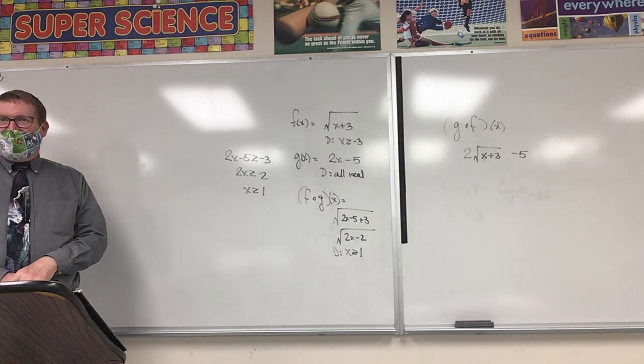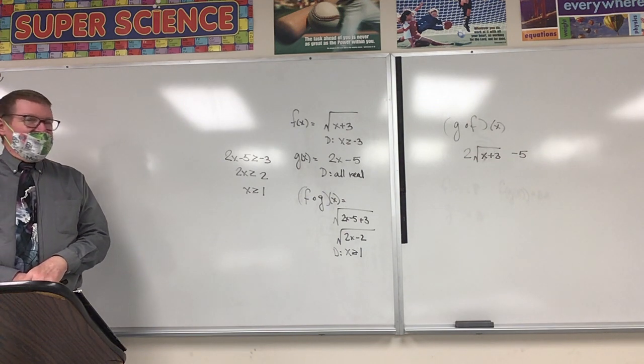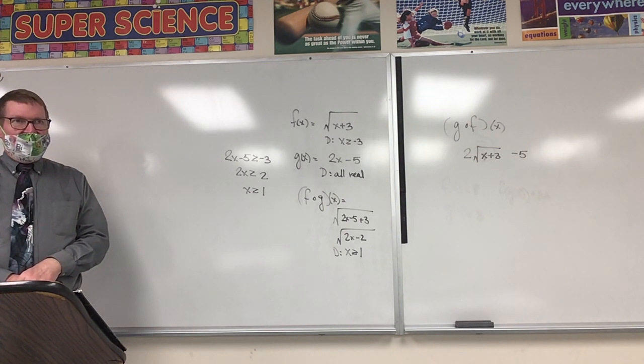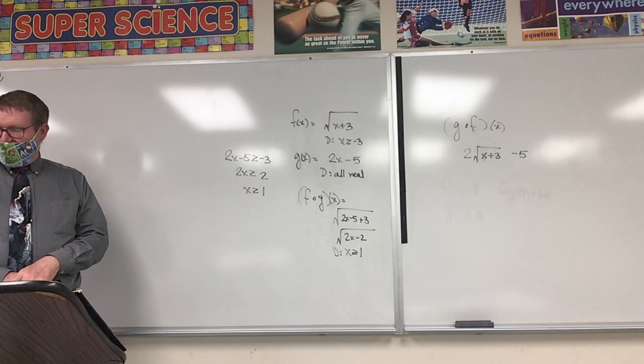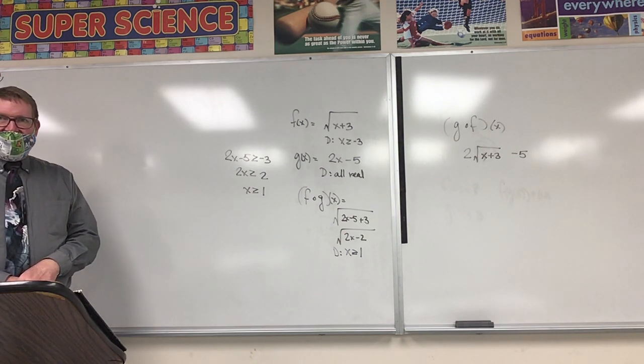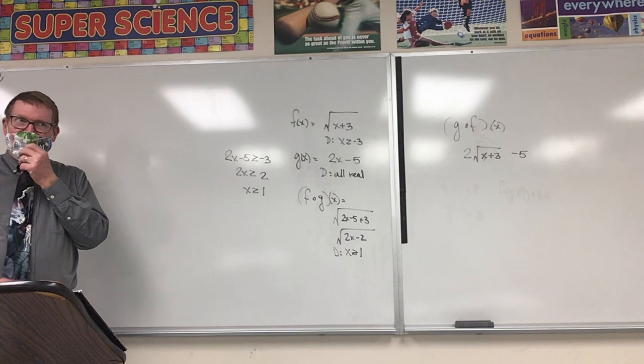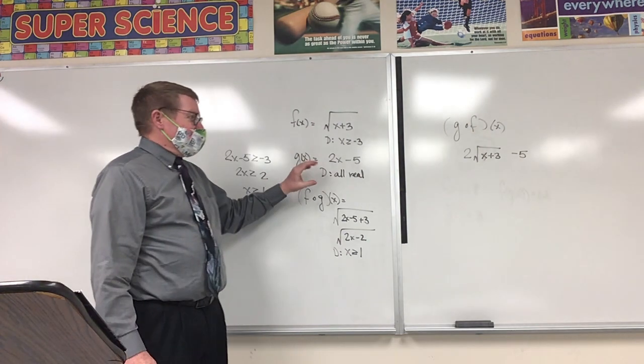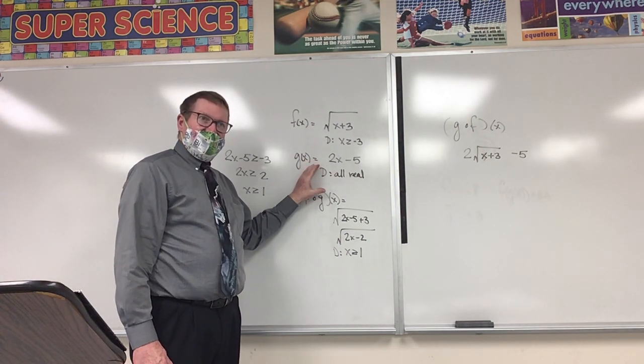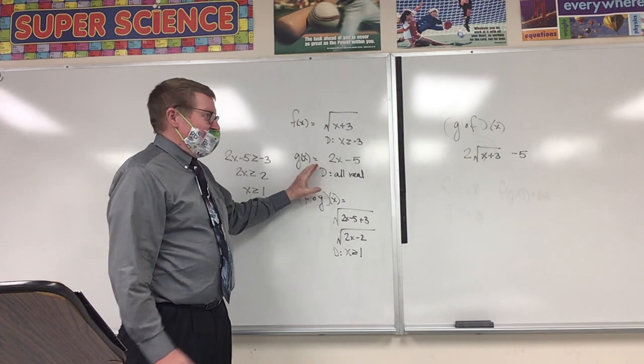They would be rational, but I need positive answers or zero. Those are the kind of answers I would get. Am I allowed to use those answers in this function? Yes. So therefore my domain would be